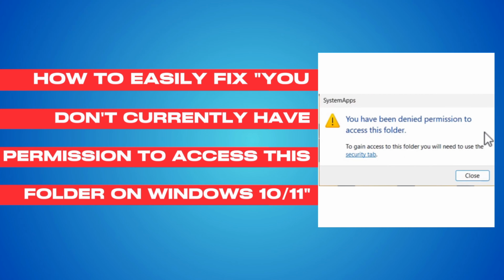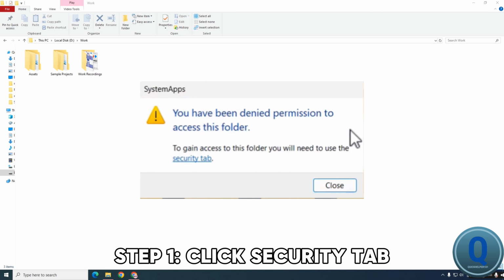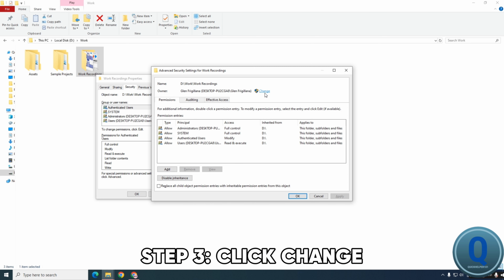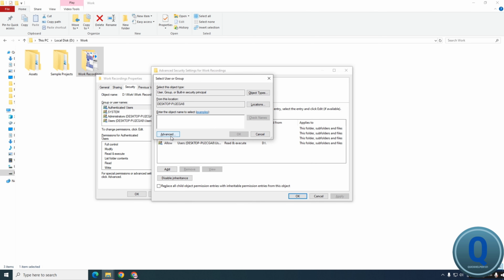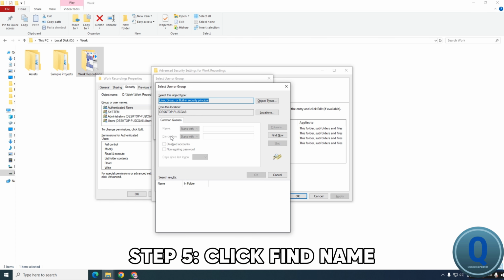For this video, I'm going to show you how you can fix the "you don't have permission to access this folder" error. When you come across this problem, the first thing you need to do is to click the Security tab. Next, go to the Advanced option, then click the Change button. After that, go to Advanced again, then click the Find Name,